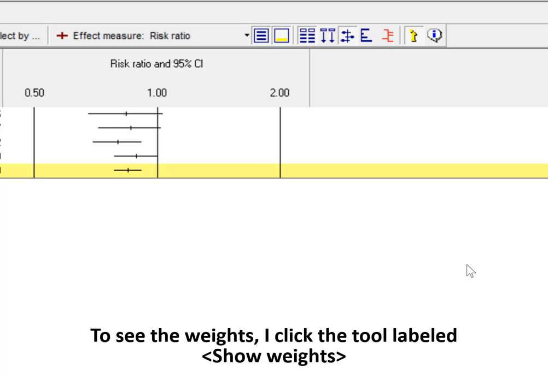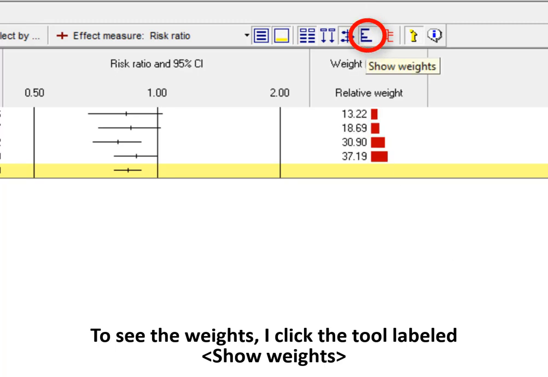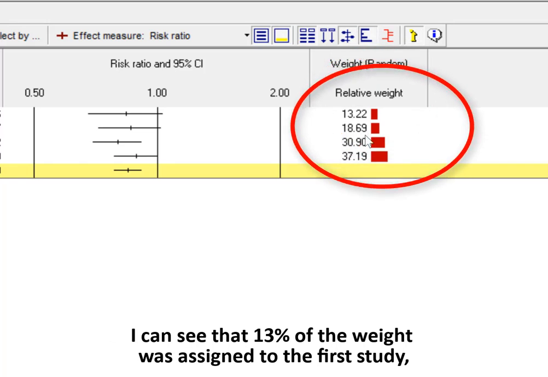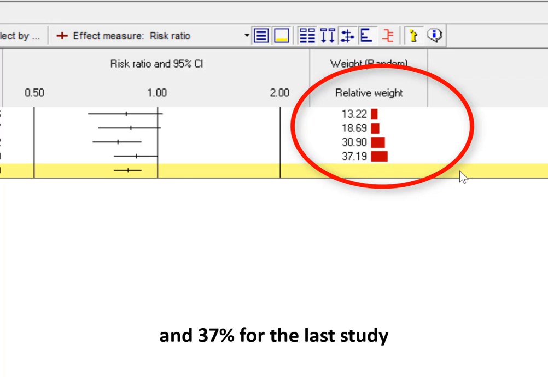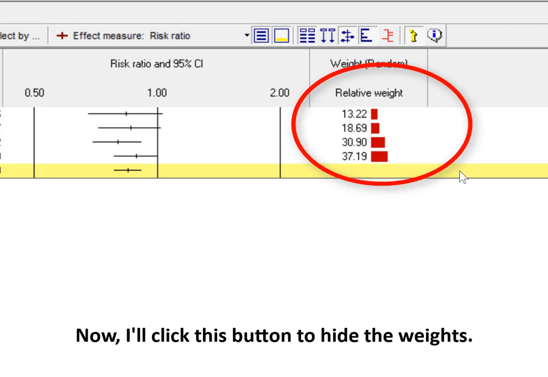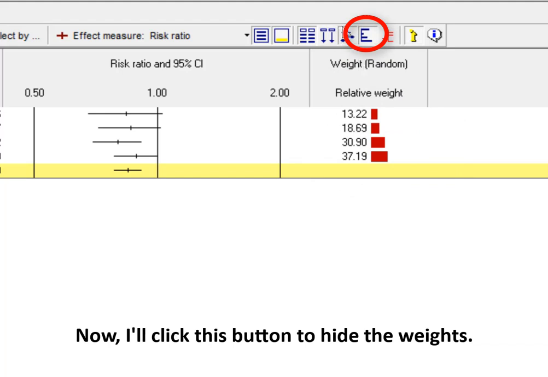To see the weights, I click the tool labeled Show Weights. I can see that 13% of the weight was assigned to the first study, 19% to the second study, 31% to the third study, and 37% to the last study. Now I'll click this button to hide the weights.